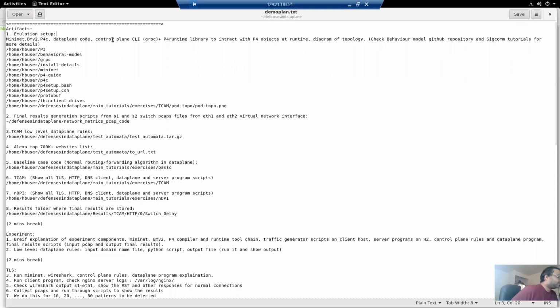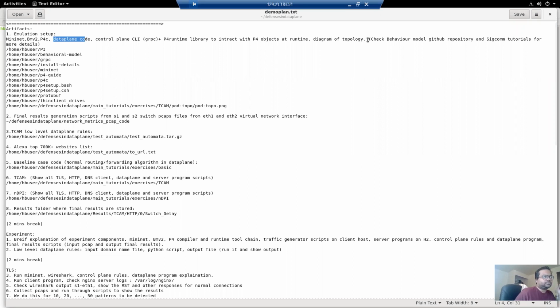So the first artifact is the emulation setup. We have used a behavioral model software data plane designed by the P4 community that is embedded in the Mininet setup. Then we have our own data plane code, control plane CLI, and P4 runtime library to interact with the P4 objects.